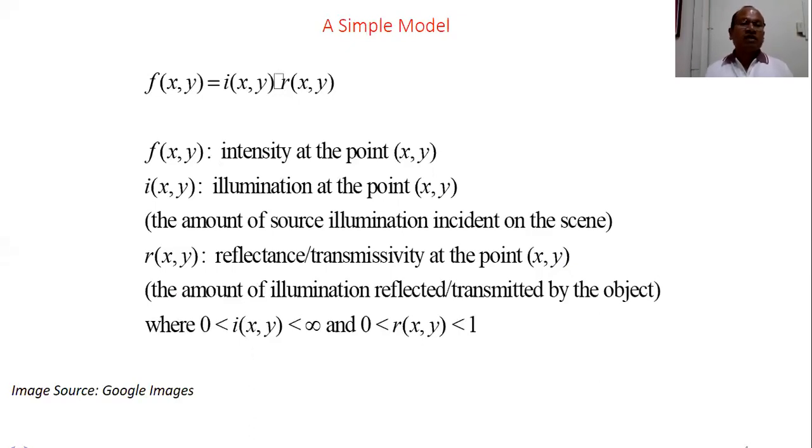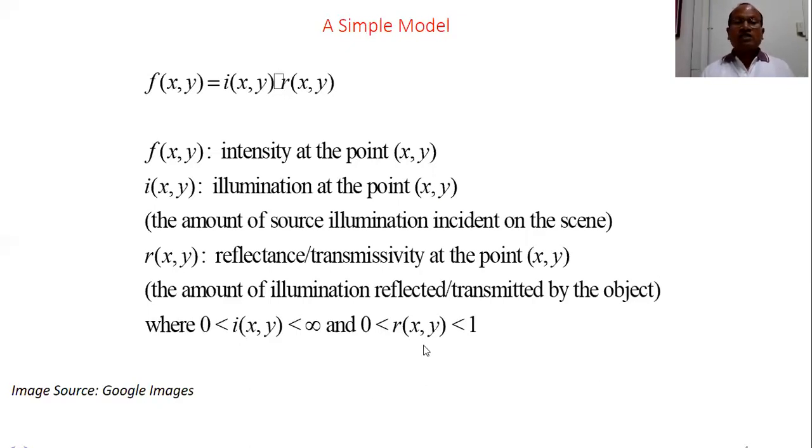where the illumination component has limits. The lower limit is that illumination will be greater than 0, because if there is illumination, there is some source of energy. If there is some source of energy, it will have some energy. It means the illumination component will be non-zero. It will be less than infinite. The largest amount of energy comes from sunlight, the sun itself, but it will be less than infinite.